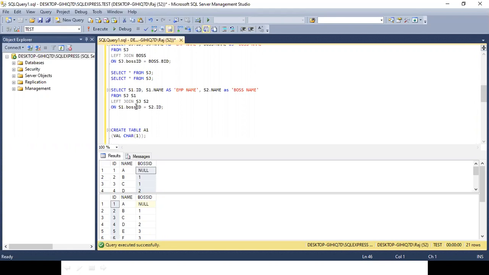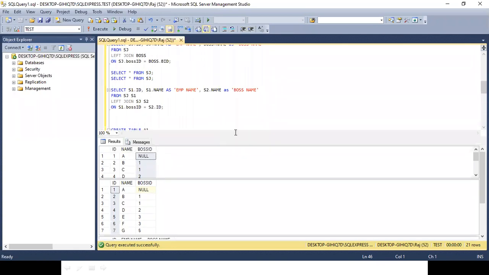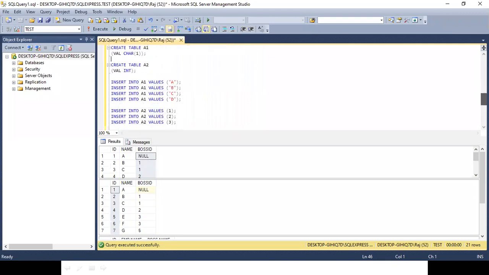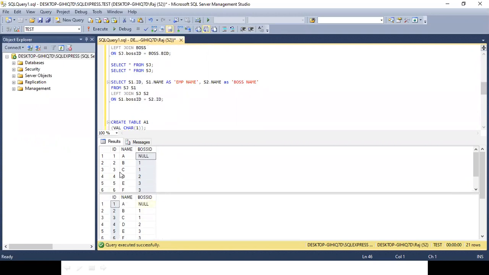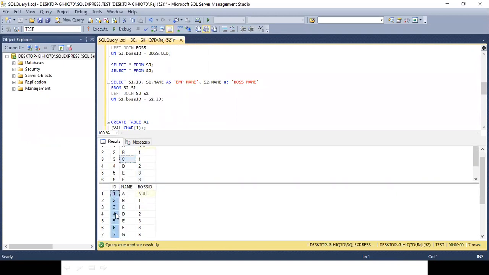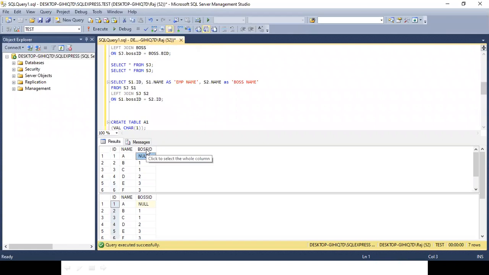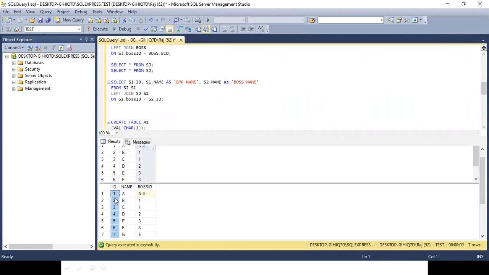Now see, I have created 2 copies of the same table, and this is copy 1 and this is copy 2. So I am comparing the third column from copy 1 with the first column from copy 2.